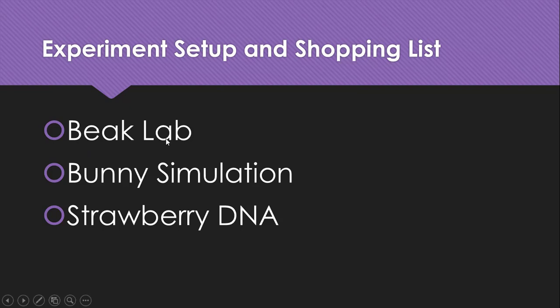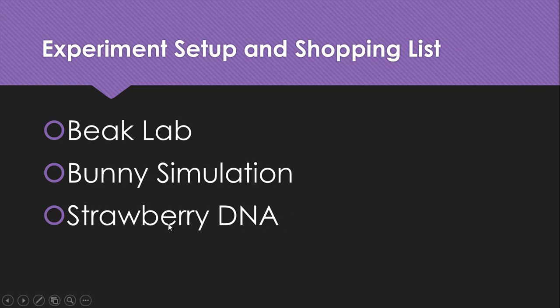For the Beak Lab, you'll need popsicle sticks, seeds of some kind, paper plates, and probably a broom because those seeds go flying everywhere. There is what I call a bunny simulation. That's where I describe selective breeding. I have all of the students act as bunnies, and I'm the bunny farmer, and I kill off some bunnies and I multiply other bunnies to show them how I can increase or decrease a population of a specific trait or gene. For that bunny simulation, you don't necessarily need anything, but I usually make little bunny faces for students to hold over their nose so that they know what kind of bunny they are